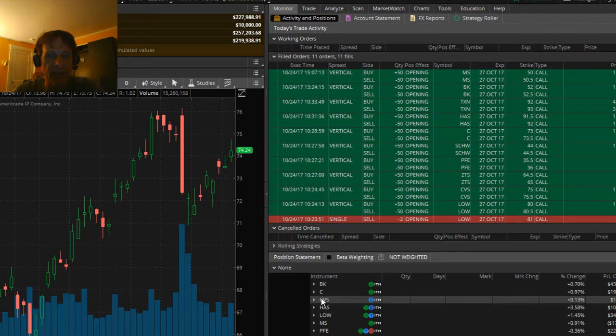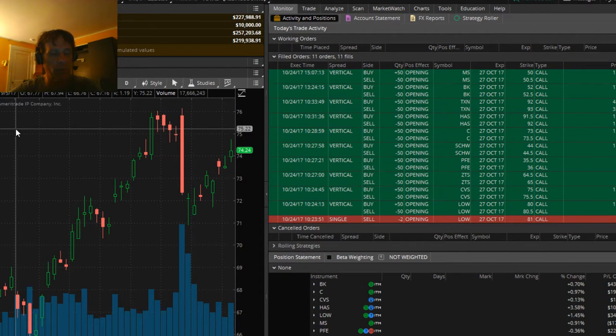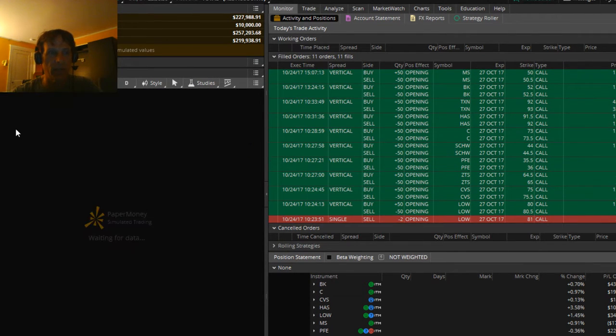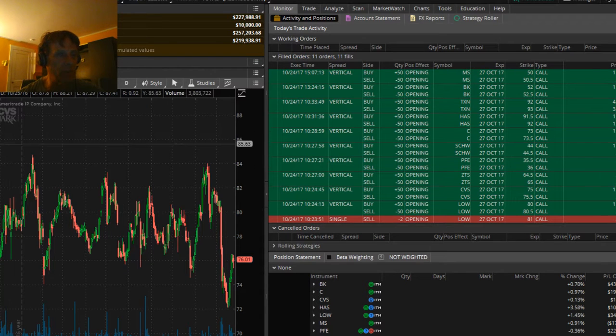Next is CVS. CVS, we haven't had very good luck with it. We lost money on CVS last week. All right, so CVS started out the year at the high of the year at 88. It took her about a week or two to find the low of the year at 69. So she goes from 88 to 69 within a couple of weeks.